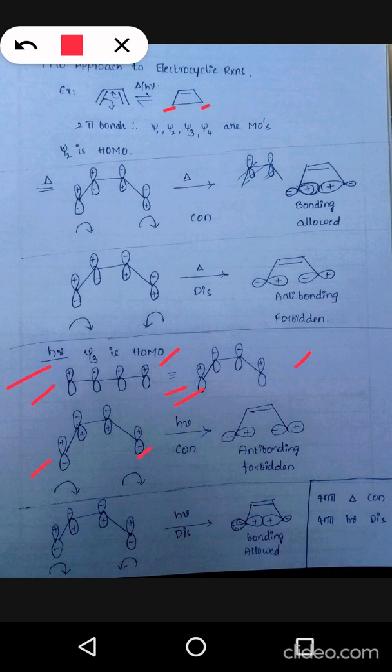Now in order to form a bond between the end carbons, this p lobe and this p orbital should overlap. For that overlap, again rotate in conrotation and disrotation. By conrotation, the upper p lobe will come inside. Here this positive lobe will go outside and the negative lobe will come inside. So inside the ring we have a plus lobe and minus lobe. Here plus lobe and minus lobe. So plus and minus will not lead to bonding.